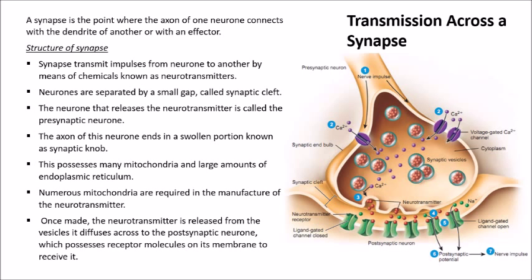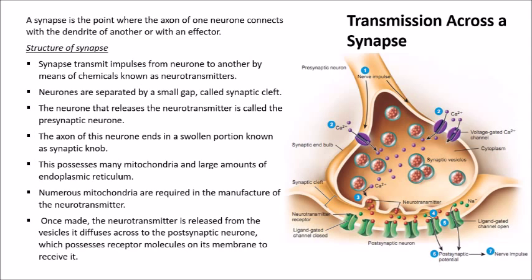The arrival of an action potential at the end of the presynaptic neuron causes calcium ion channels to open and calcium ions enter the synaptic knob. The influx of calcium ions into the presynaptic neuron causes synaptic vesicles to fuse with the presynaptic membrane, so releasing acetylcholine into synaptic cleft. Acetylcholine molecules fuse with receptor sites on the sodium ion channel in the membrane of the